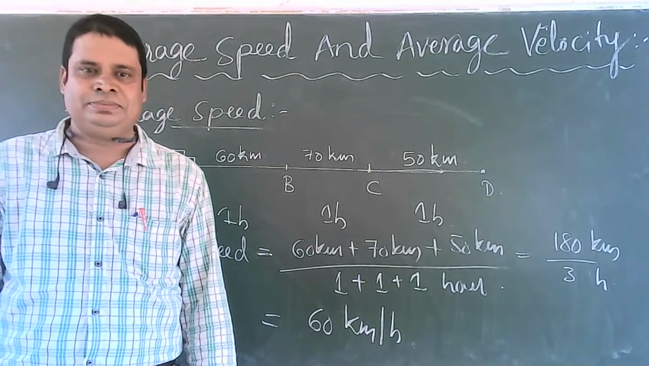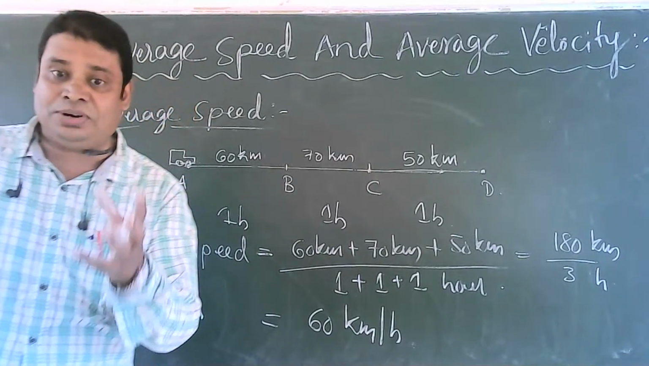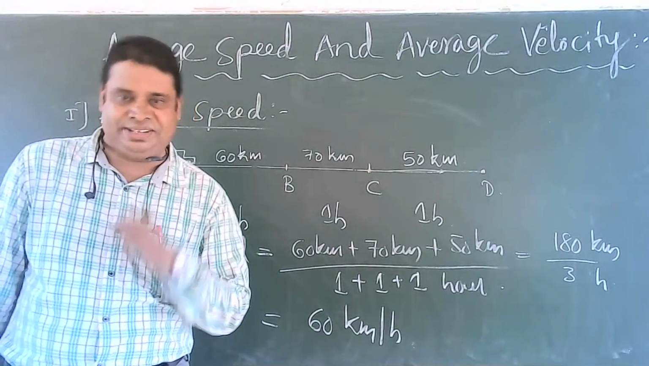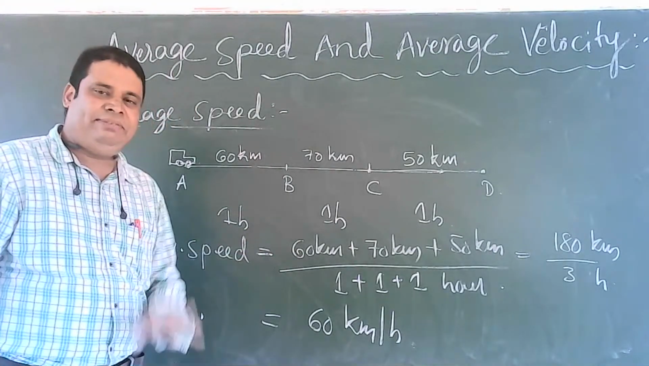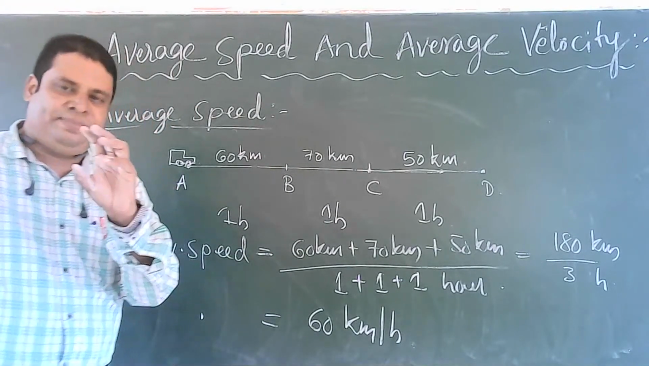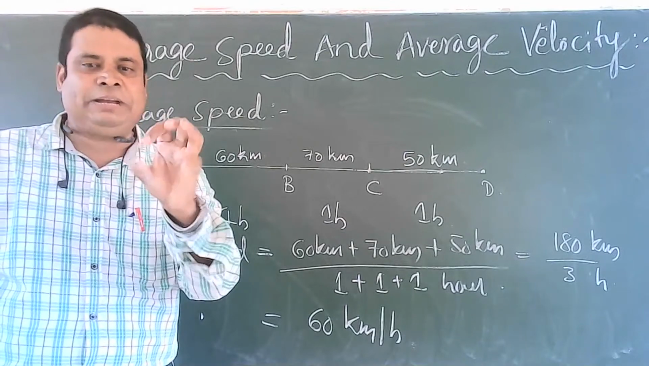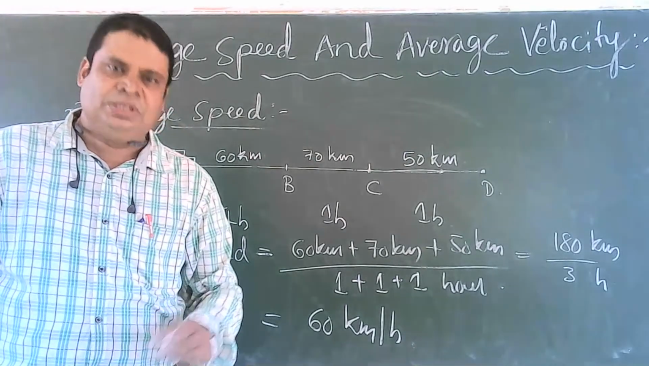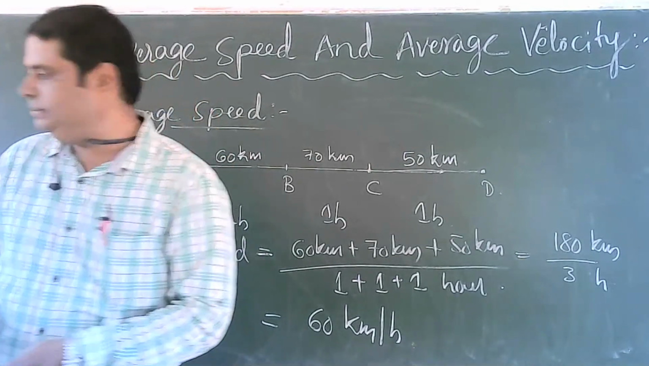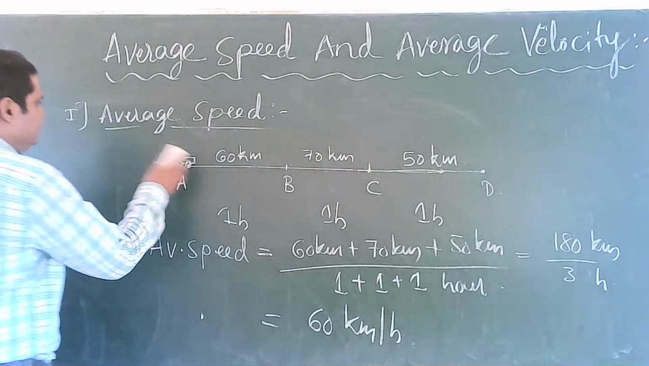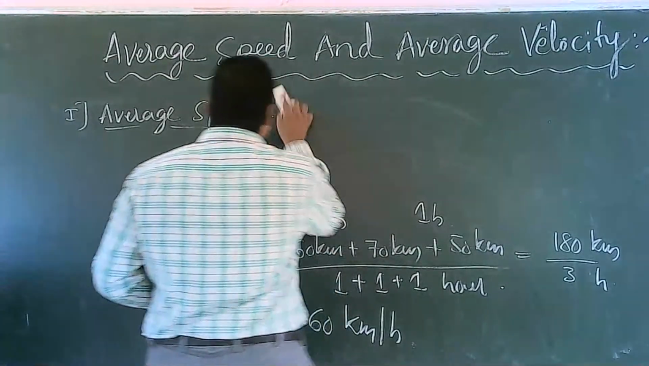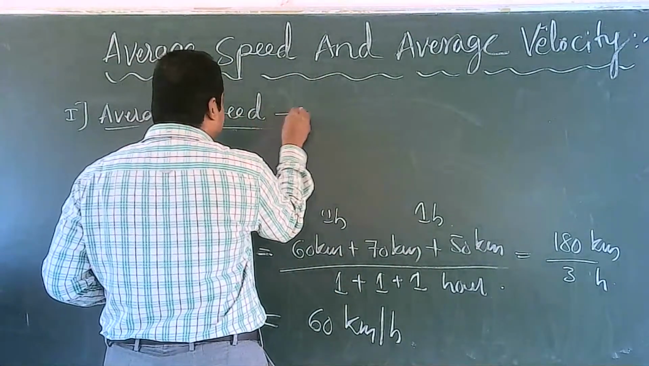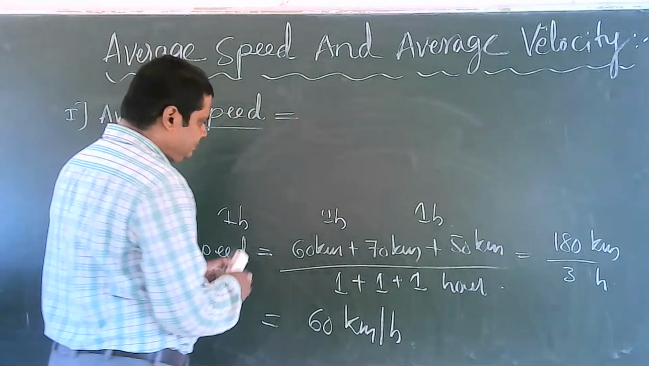This is the importance of our average things. By this example only we can define the statement of average velocity. Then how to define this average velocity? See, this average velocity is defined as